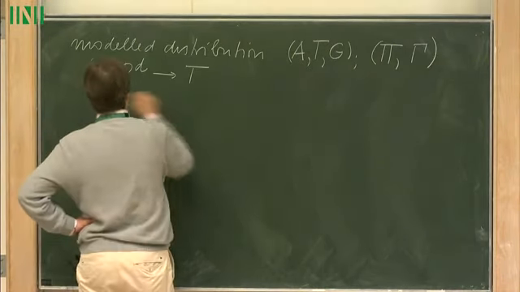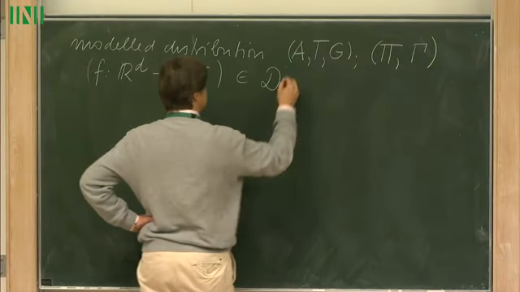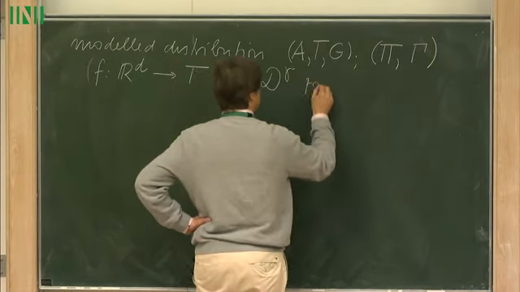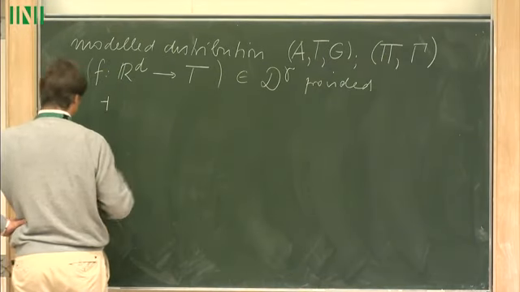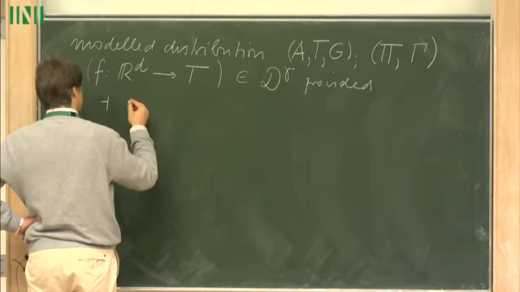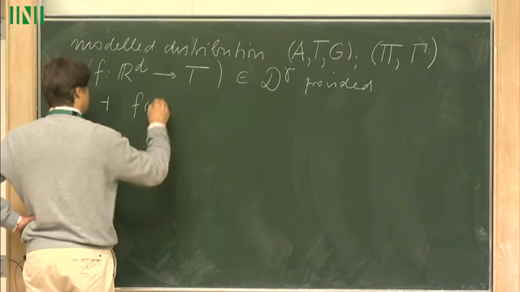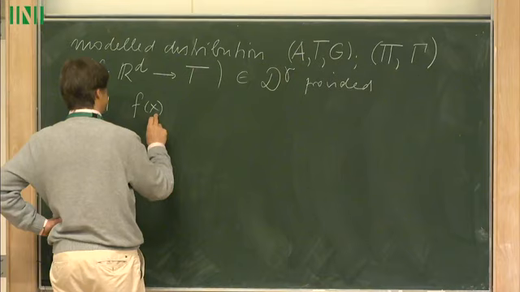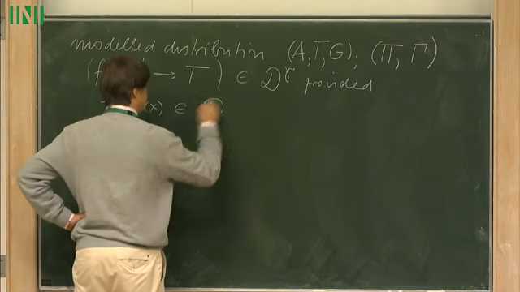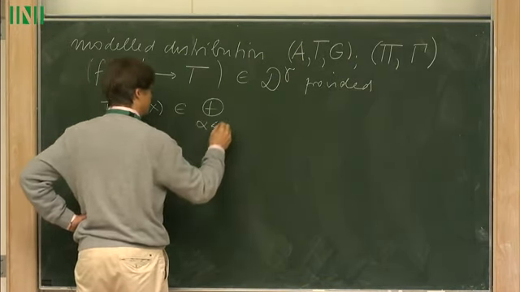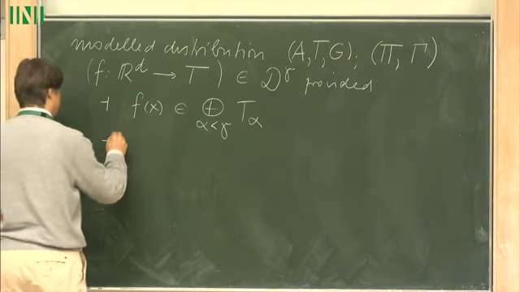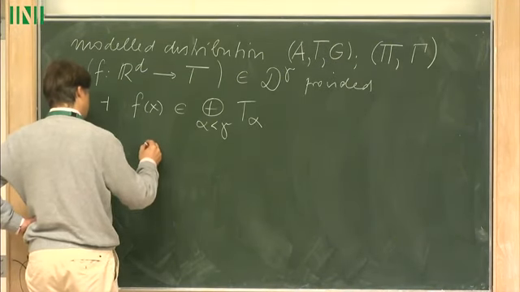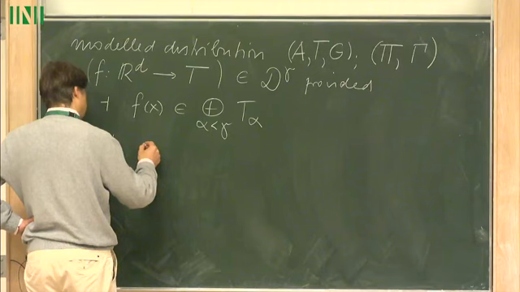a model distribution of order gamma, provided there are two properties. So the first property is just that for every x, f is in the space of homogeneities less than gamma. And the second property is this crucial continuity property, which we've seen as kind of a generalization